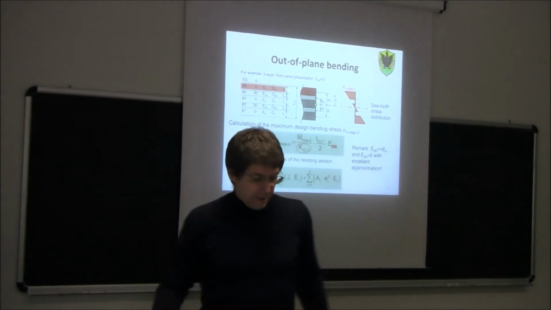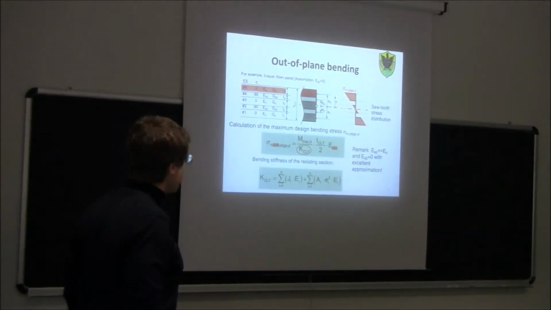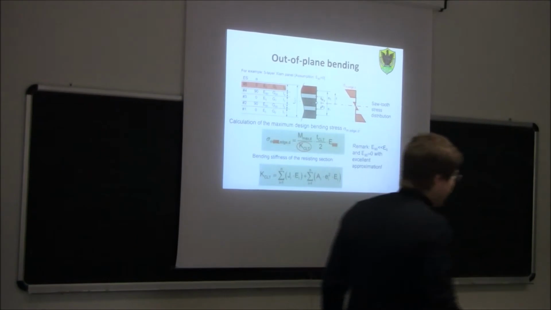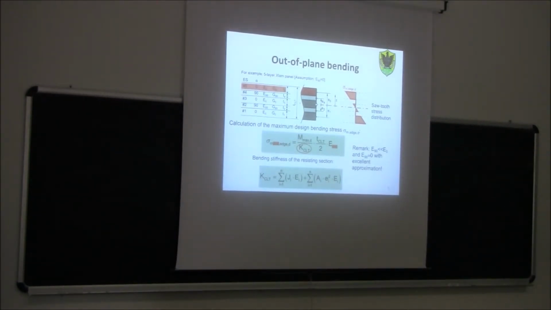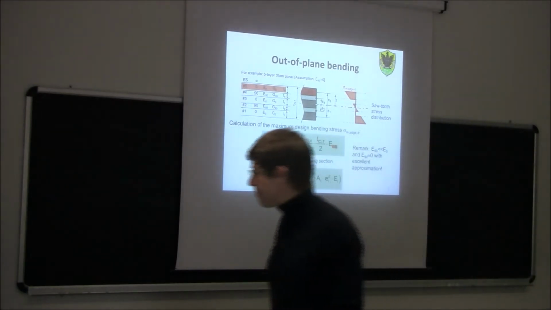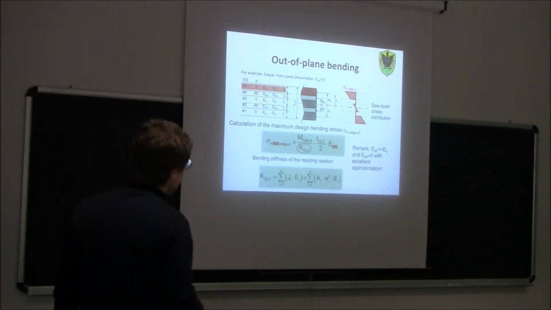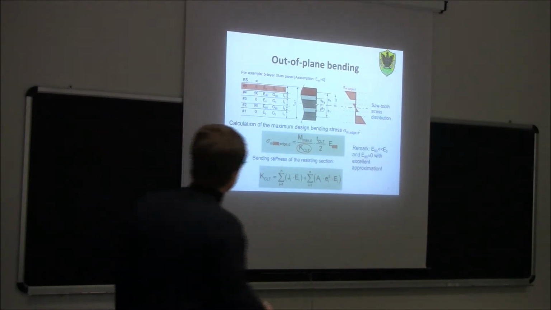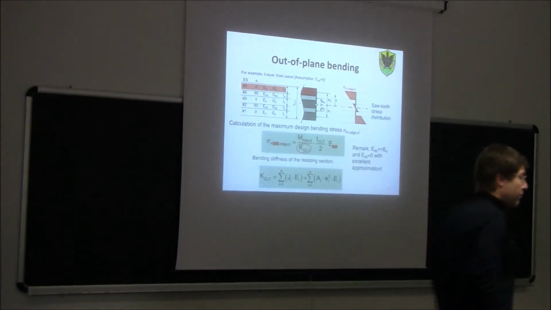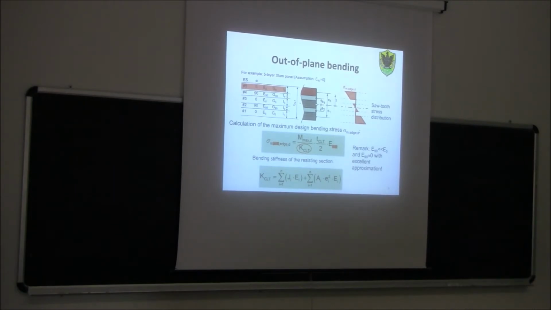Okay, so good morning. Yesterday evening, if you remember, we stopped at this point where we were discussing the stress distribution in a cross-laminated panel loaded out of plane with bending. And we said that basically the easiest way, what is called the simplified method, which is more than enough when we do the ultimate limit state check of our panel, is based on the assumption of just considering the layers of planks running parallel to the direction of the stress induced by the